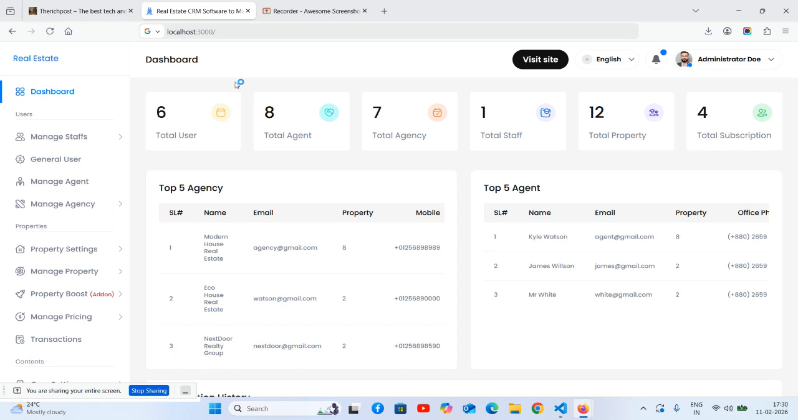So guys, in this working video, I'm going to show you the beautiful real estate admin dashboard template in Next.js latest version. So friends, before showing you the working demo homepage, I must say please watch the video till the end